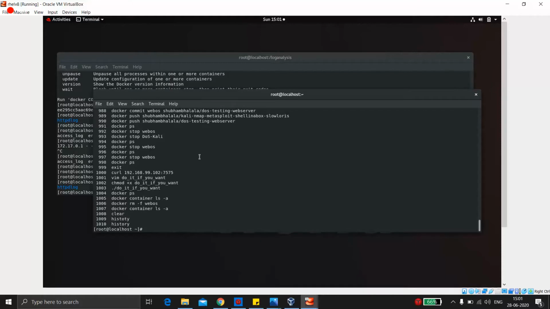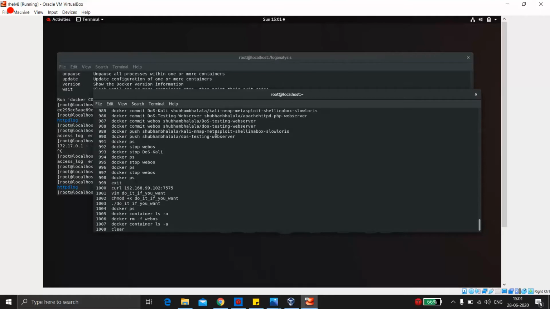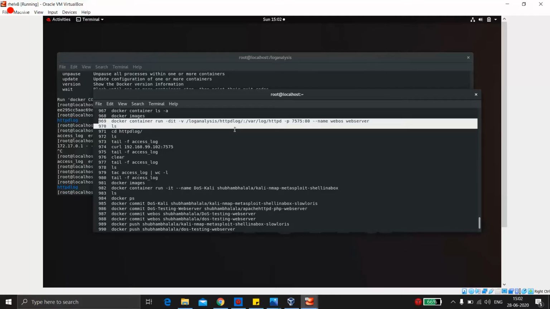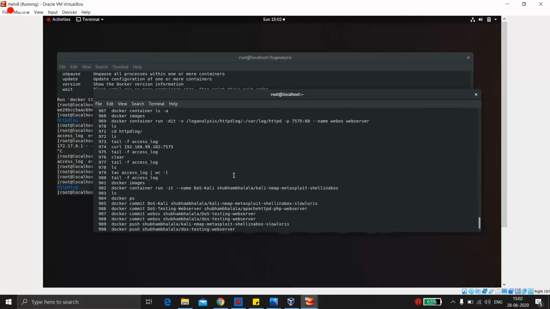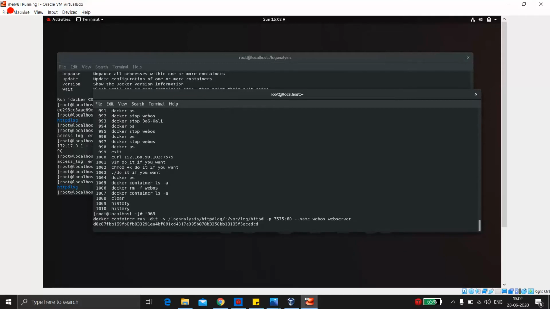As soon as we launch the container again, let me very quickly use the command which we used. These are my previous commands which I did for the testing part. Yeah, this is the command. So the history command will show all the commands which you have run before, and it gives a serial number to each. So this is the 969th command which I have run. You can see it is the same command which we just did. If you want to run the 969th command, you do an exclamation and 969. It will run this command.